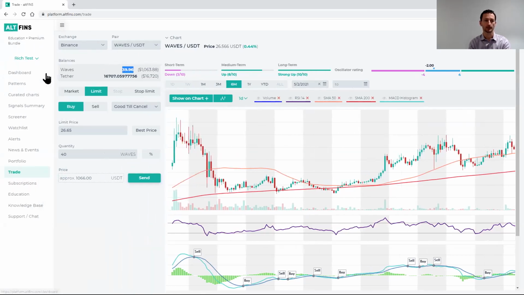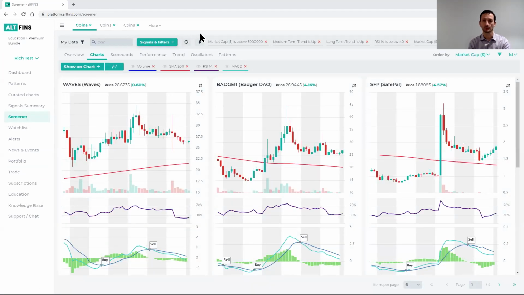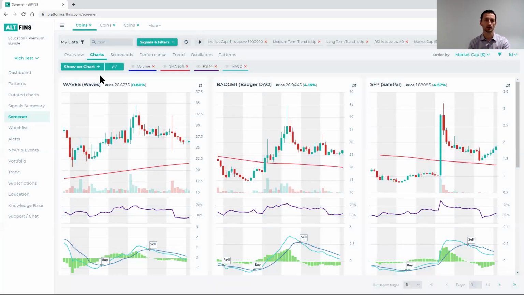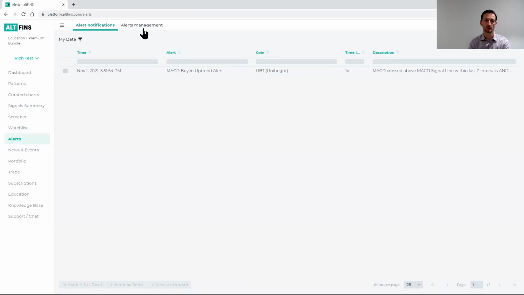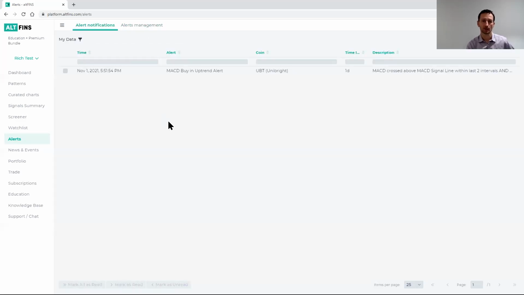alert. So I didn't do that. Let's do that actually real quick. So I get back to this filter, looking for oversold coins in an uptrend. I can click on this alert icon and give it a name. Okay, and now I have an alert that will alert me of all those coins on a daily basis that satisfy this criteria. So you can easily then jump. Here it is, the alert, and here will be the notifications on a daily basis with the coins that satisfy that criteria, and that really could save you a lot of time with